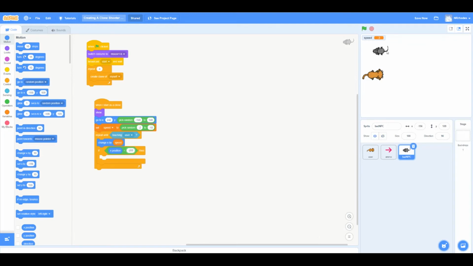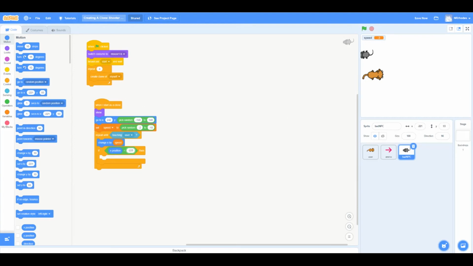If we look down here, you can see our 220 is going to be over here. So let's say 220, our position 220, right about there. If it gets to 220, we want it to go back to its original location and then